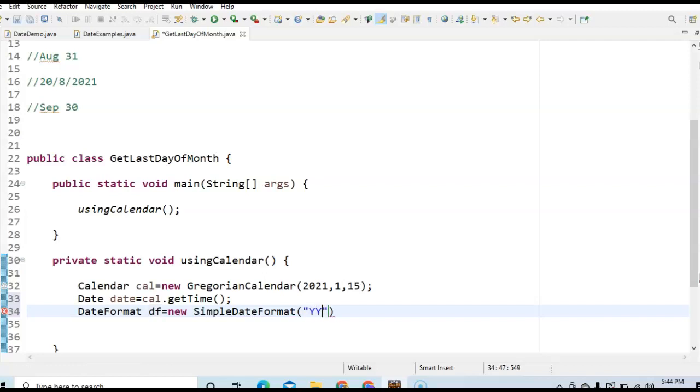What is the format of the date here? Year, then month, then date. This is how we pass the format to the SimpleDateFormat class. Once we pass the format, the last step is to call df.format and pass the date, and print it with sys out.